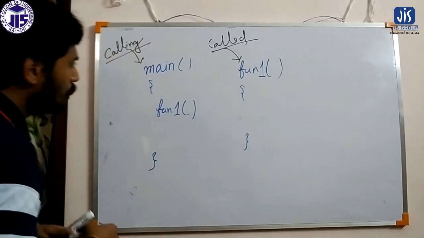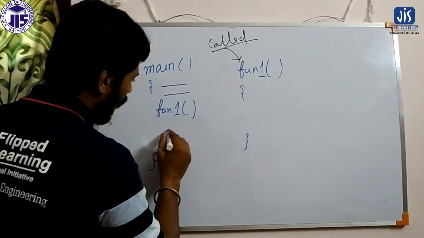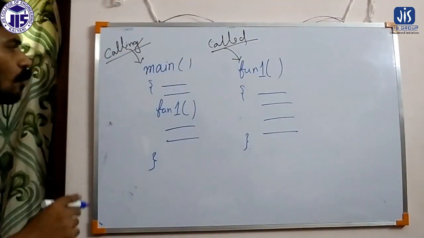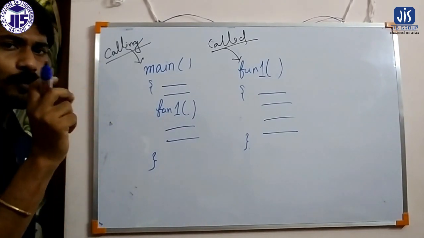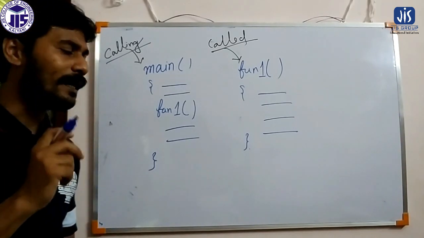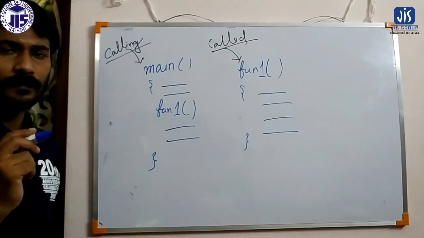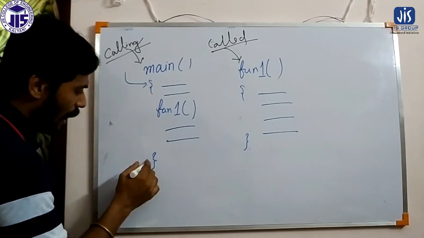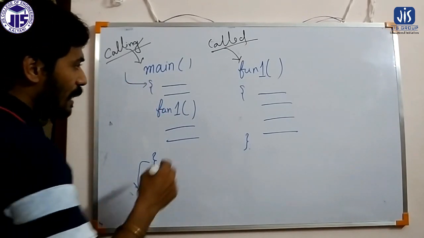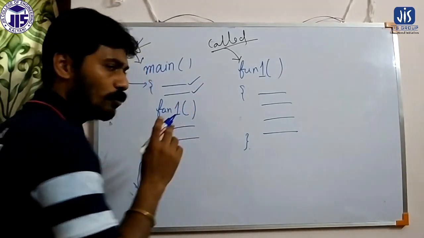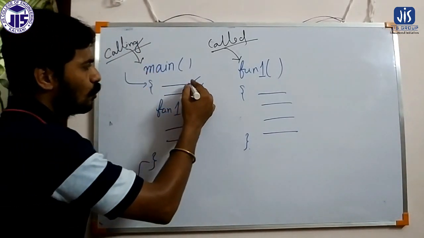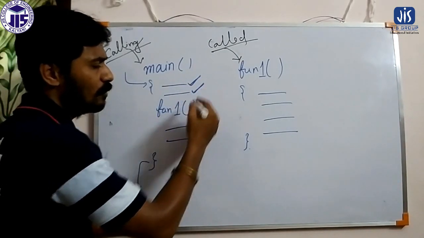Now what will happen? Before the call, some statements are there in main, and after the call there are some statements, if I say. The compiler will always start the program from main and always terminate the program there. So it is the entry point and the termination of the program. The compiler will enter into main first and execute statements sequentially, if we are not using any branching or looping statement. First it will execute this statement, then this statement.